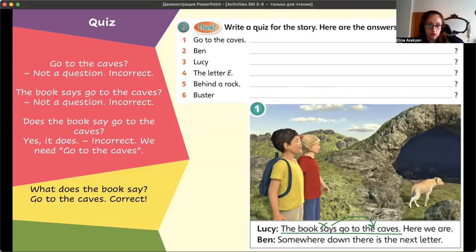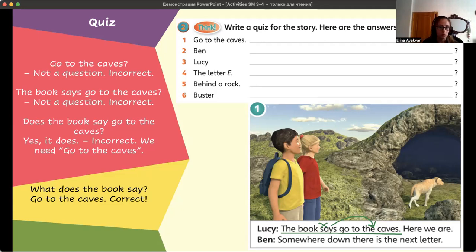But I think I agree with Kate that it's tough, and in Superminds too, we don't even have these tasks to evaluate their skills to make questions. In Superminds 3, we don't have anywhere, and when this exercise is in one lesson, in one unit, we don't review it at all. I mean, we review it in past simple, I think in the last units, where we somehow try to make questions, but